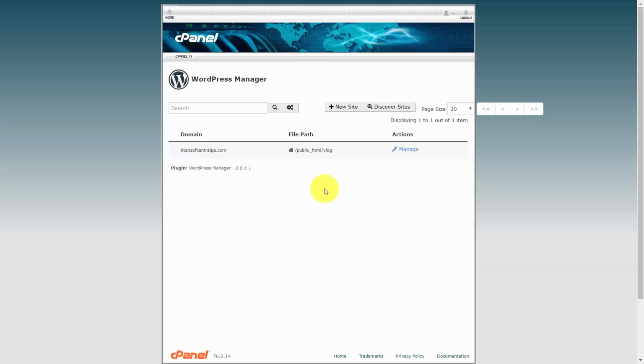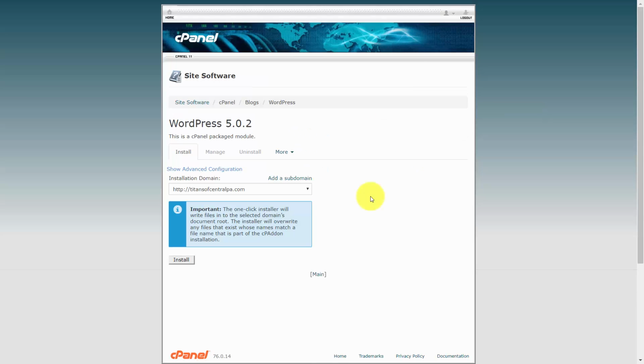And in this case, we're going to build a new site by going to this button that says New Site. Now, when you use the application in your control panel, the idea is for you to click one button and for you to be able to have the site installed automatically. And that's what we're going to do. Now, in this case, we're going to click this Advanced Configuration so that we can install WordPress inside of a